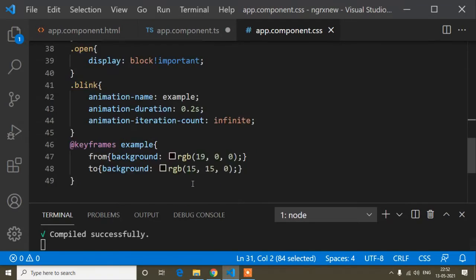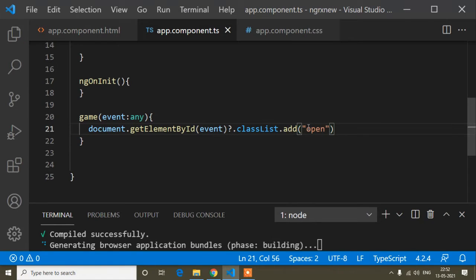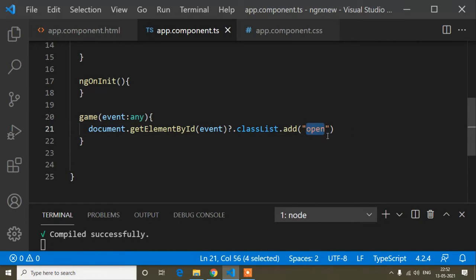For that I have written event, meaning where I click, I get that image id, as I showed you. Then classList.add open means where I click, the open class will be added, so that image will open.